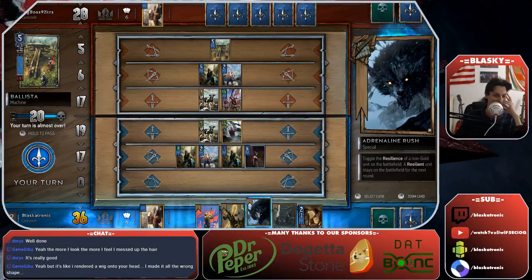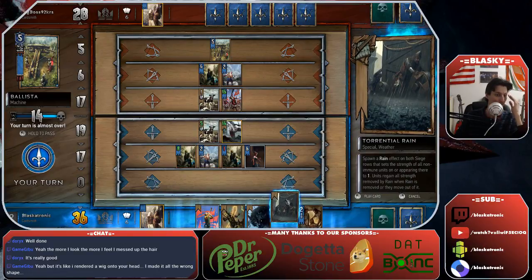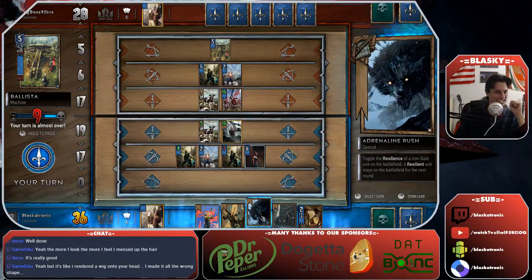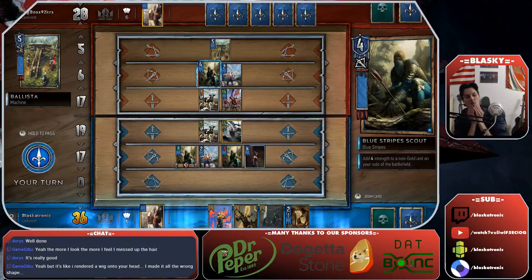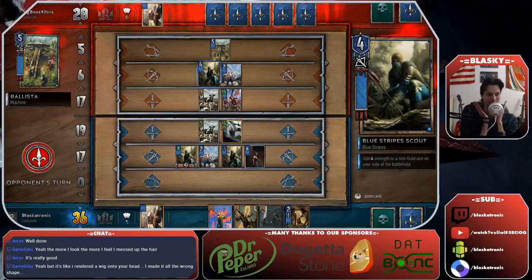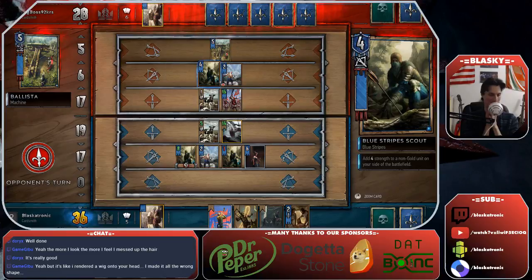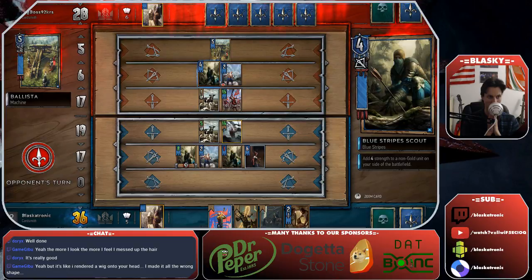I'm trying to work out what I should do. I want to pass. I'm trying to work out if I want to play anything before I pass. I want to keep something on my... I'm gonna do that. I don't know if that's... I don't think that's what I wanted. I don't know. I think that might have been a bad idea. I'm pretty scared. I don't know why, like...